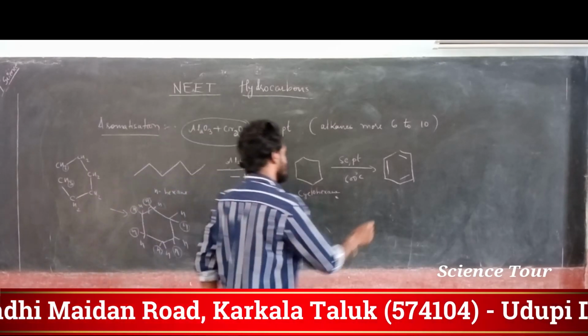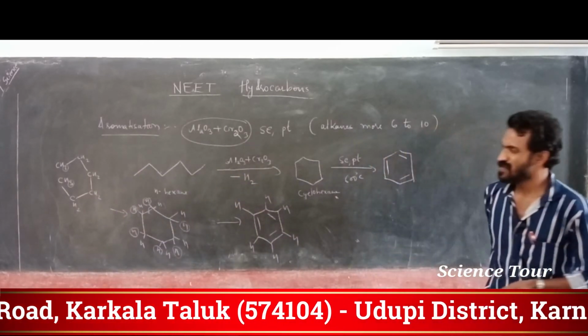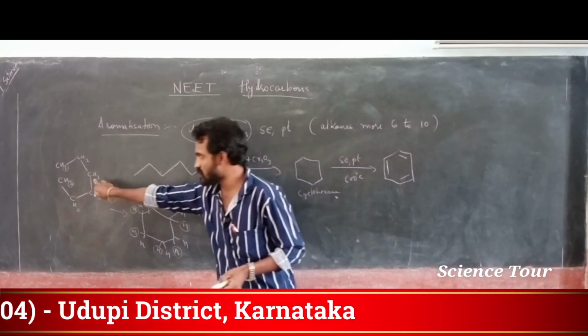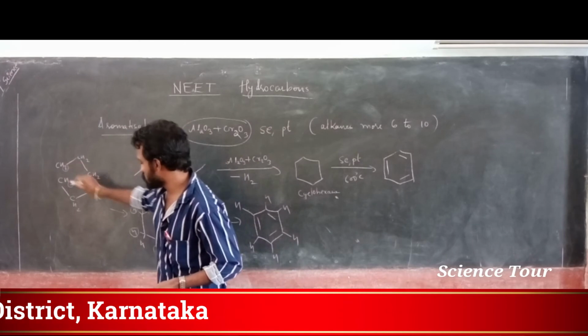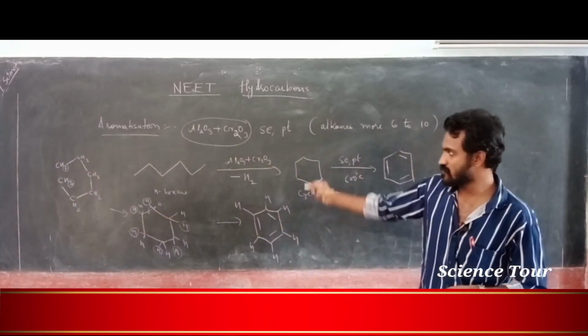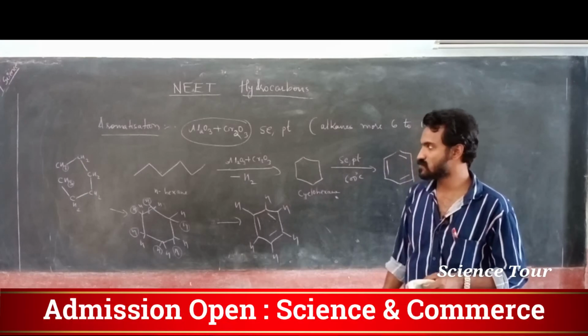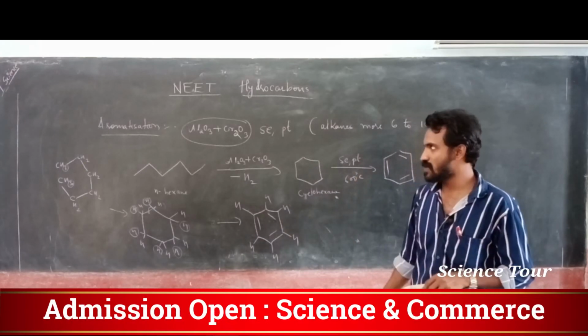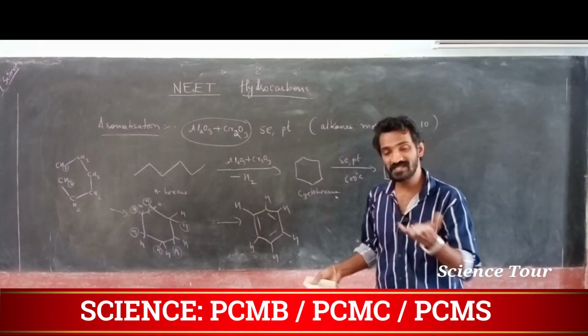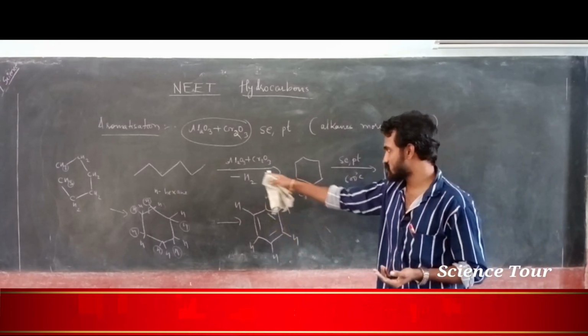The same thing I wrote in a single step. Okay. So my dear students, this is the same I wrote here. How are they converting? These two hydrogens are removed and it will form an aromatic compound by treating with aluminum oxide and Cr2O3 in the presence of selenium and platinum. So this is the method. The method is not important every time, but you remember this bond line structure.